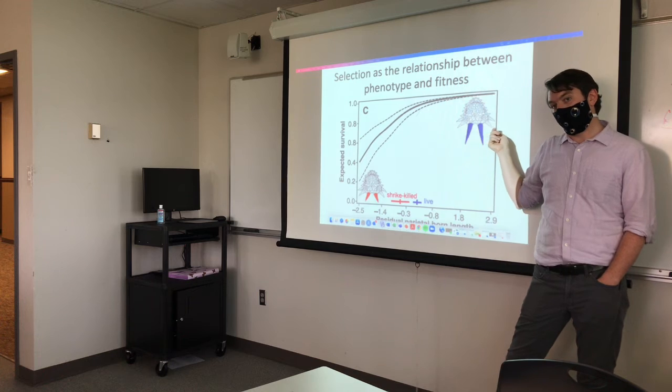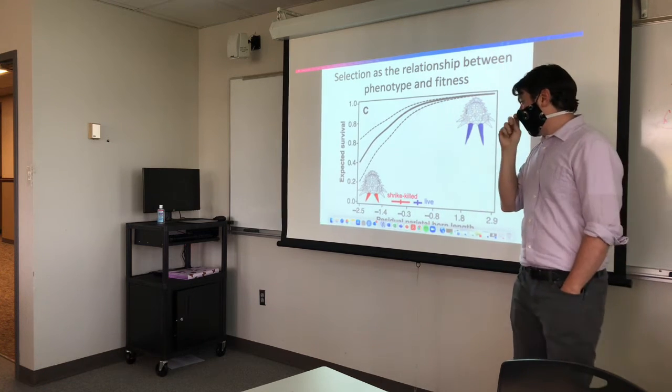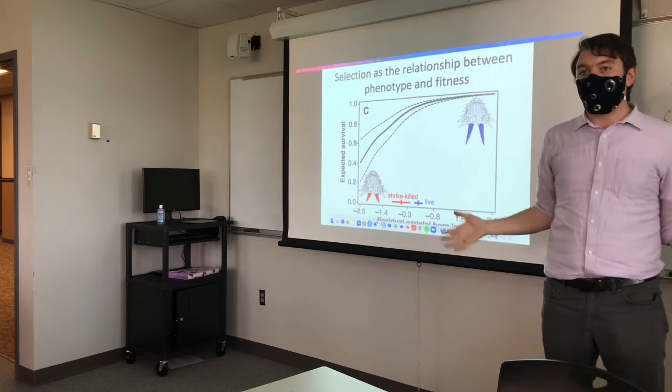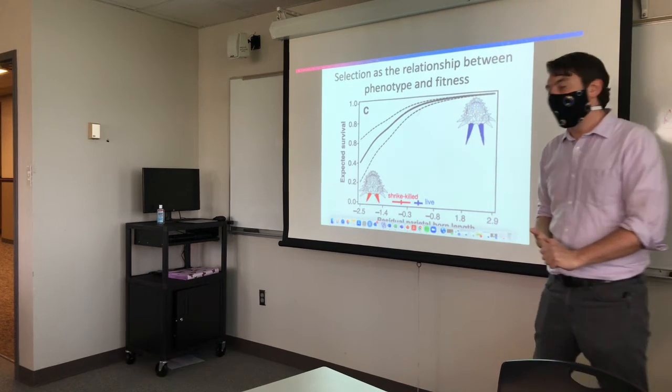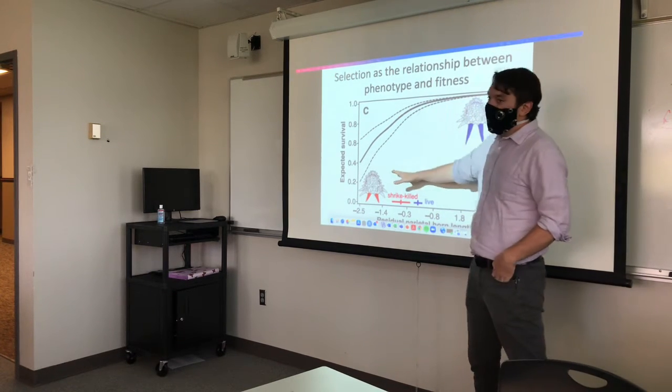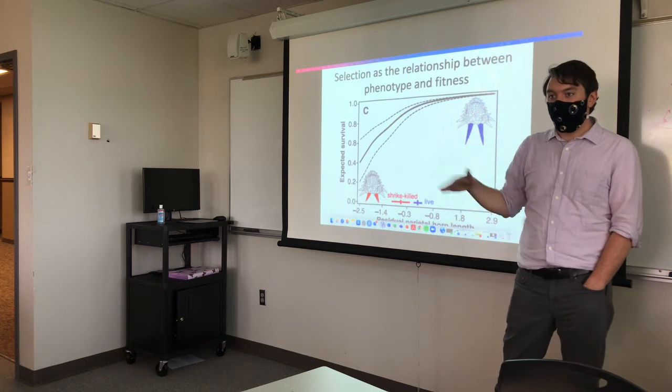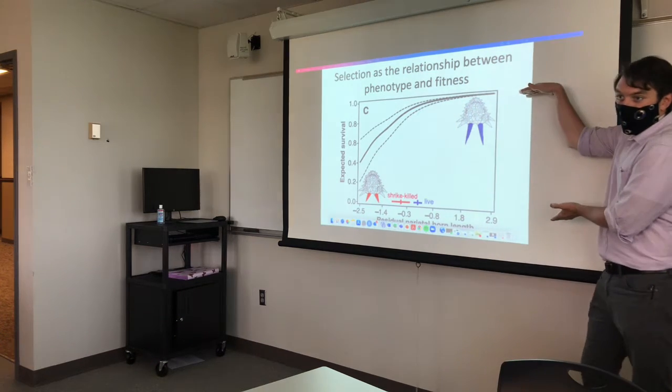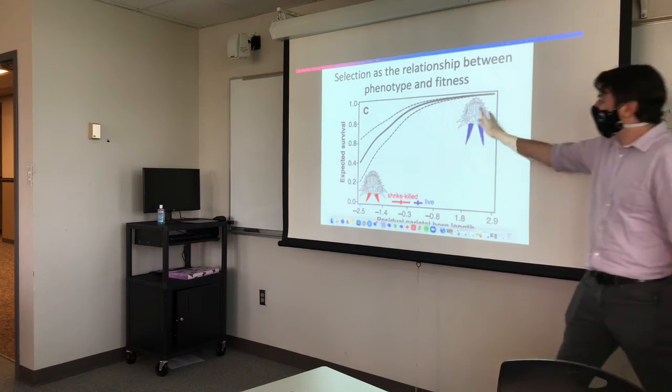But what we didn't talk about is all the other things that might be affecting these lizards. So in the years since this paper was published, we don't go out to Texas and see lizards with horns this long with even higher survival, right? Because all you have to do is be about this big and you're good in terms of shrike predation.